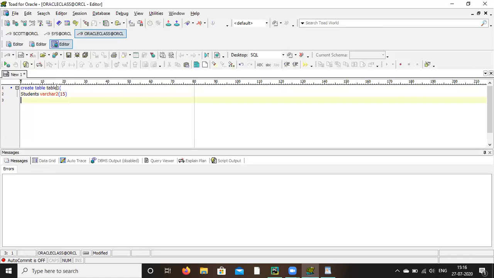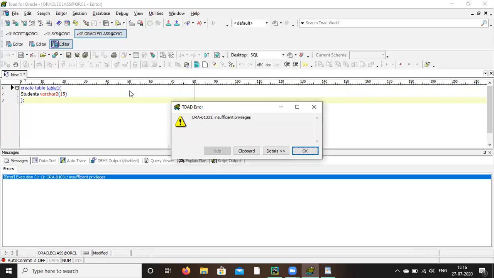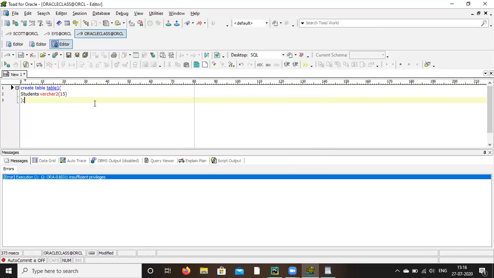One. Let it be one. Bracket close, semicolon. Control enter. See, again we don't have permission. So like that, this is nothing but your DCL command.